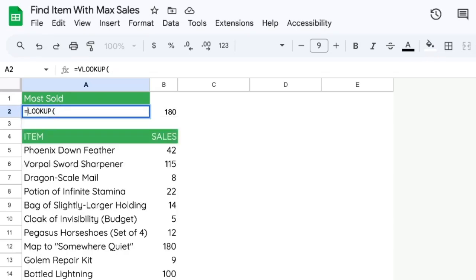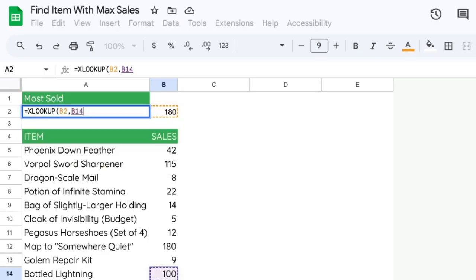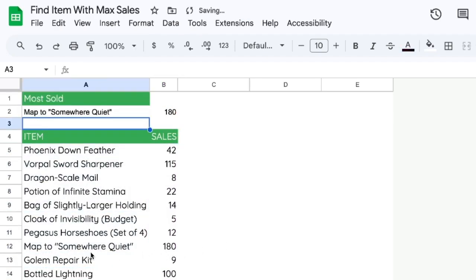Well, it's called XLOOKUP. We look for the search key. This is the maximum sales. Our lookup range is going to be here in this B column, and our result range is going to be in the A column. And we can see "Map to Somewhere Quiet" is our top seller, our most sold,